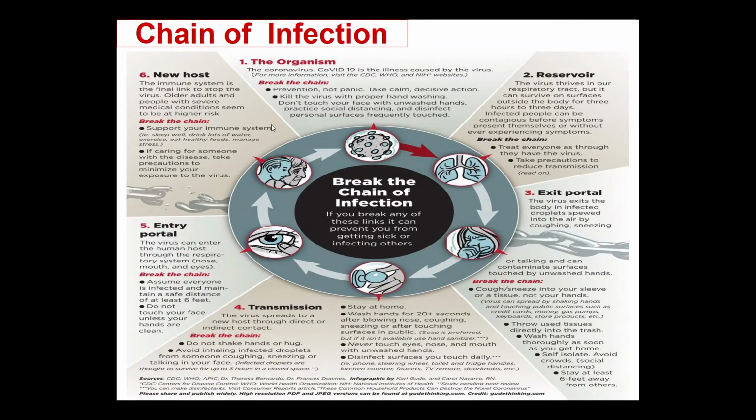So, the chain of infection consists of the pathogenic organism. Here, a virus is shown. The reservoir: these are organs of people or animals that carry this pathogen in their organisms. The third element of the chain is the exit portal. Regarding the exit portal, the virus exists in the body in infected droplets